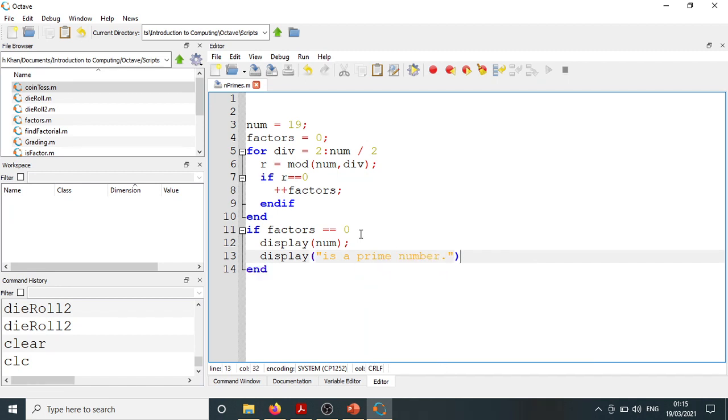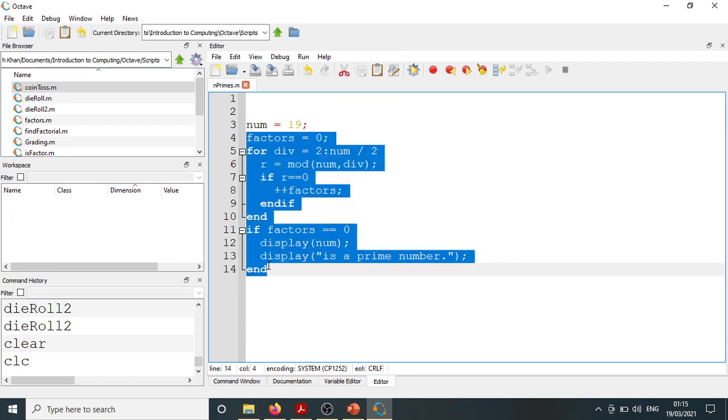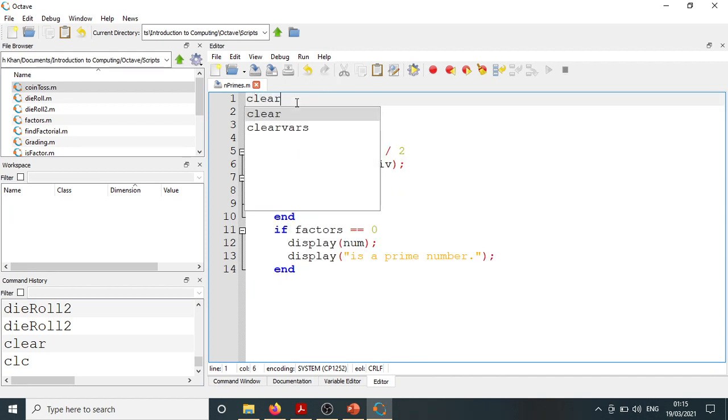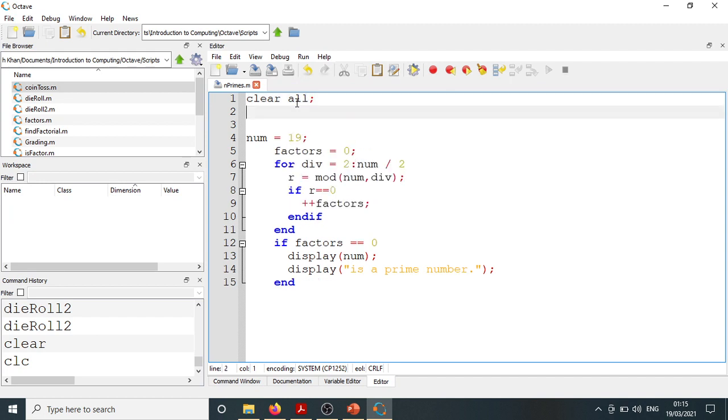ठीक है, अच्छा, we can say that, but this is just for one number. This is just for one number, num. ठीक है, this is just for one number, num. ये जो कोड लिखा है हमने, ये सिर्फ इस नंबर का पता बताएगा कि ये प्राइम नंबर है या नहीं है।